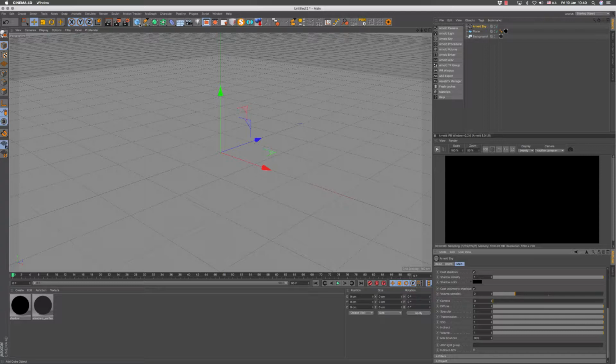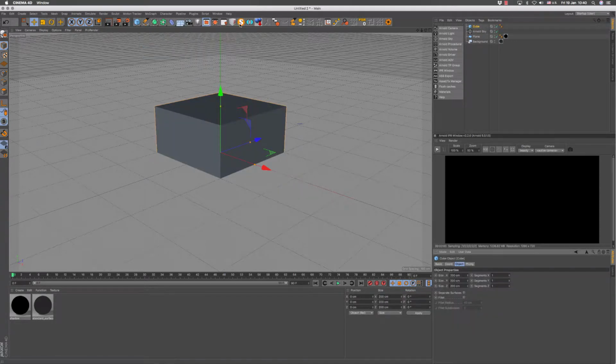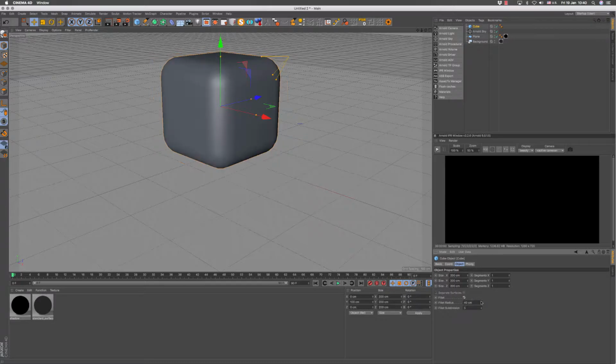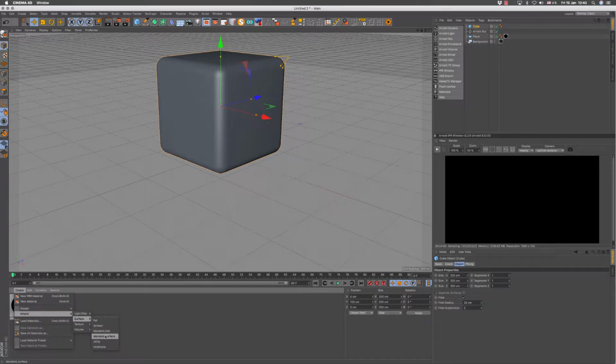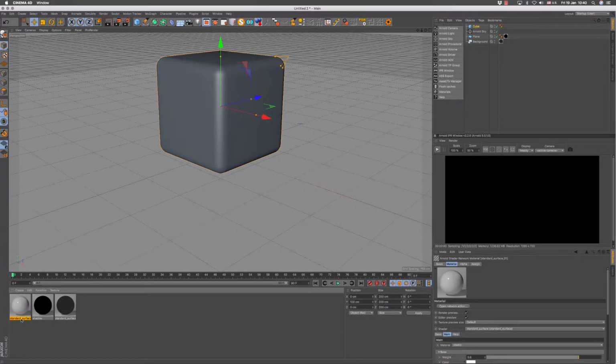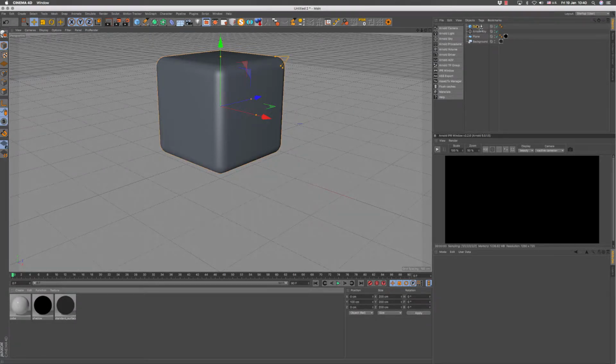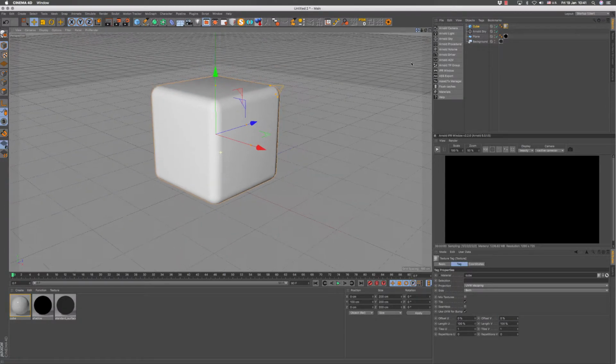And create a, well, what are we going to make today? Maybe kind of a concrete or, I don't know. I'll just add a cube. Give it some roundness so we can see the reflections on the edges a bit better, and create a new Arnold surface, standard surface shader, and this is going to be our cube. Drag the material onto the cube, so now we do have a